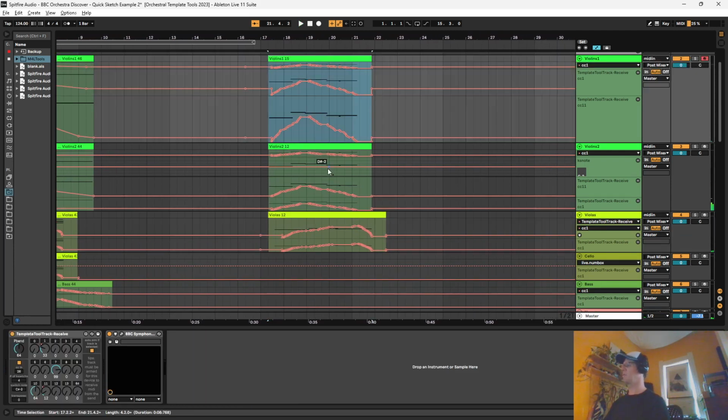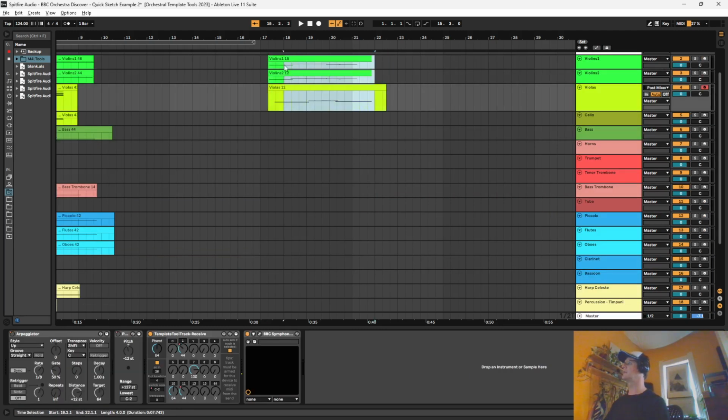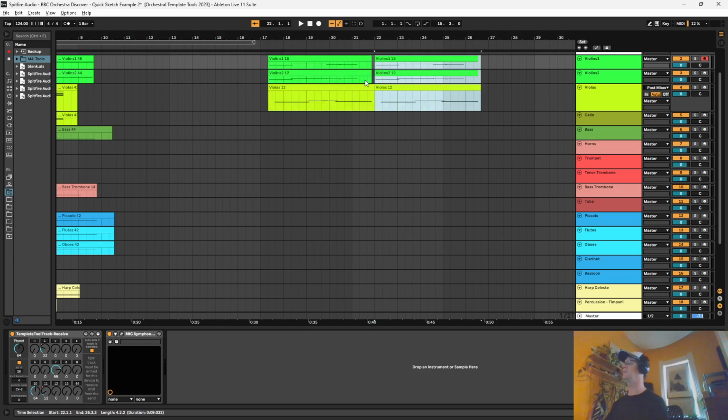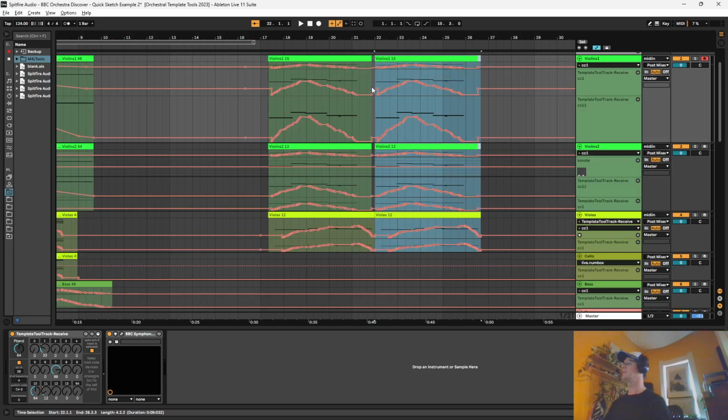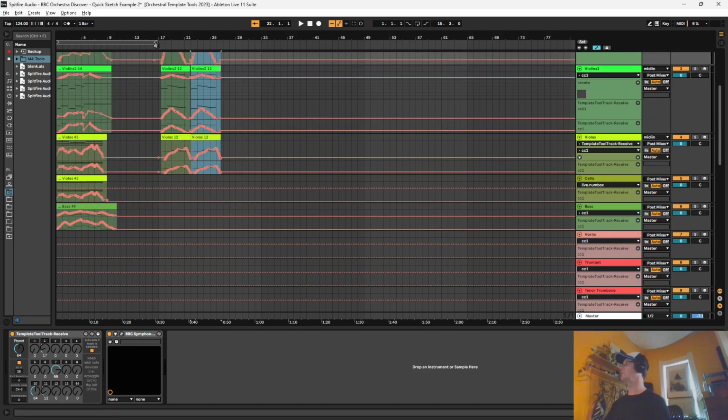And at this point, of course, we can hide our automations and select a section. We could duplicate this, open up automations again. And essentially, you know, with this template, we can have a lot of different cues in one project as long as we know how to keep our automations organized. So we call this Q2, Q1, and